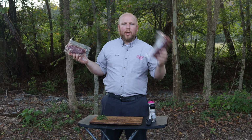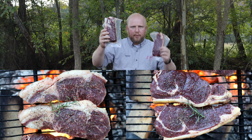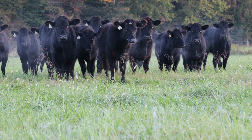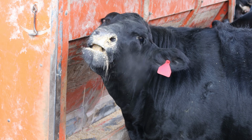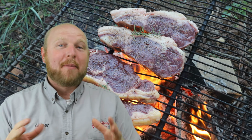Okay, this evening we are going to do a taste test between grass-fed beef and grain-fed beef. This is grass-fed beef that we've raised right here on our own farm, and this is grain-fed beef raised by our farmer who raises grain-fed beef for our butcher shop. For this taste test, I'm going to have my family and a few friends to help out, because at the end of the day, it doesn't really matter what the expert judges say,